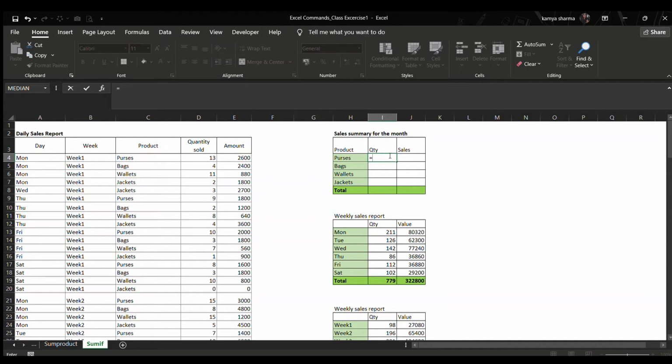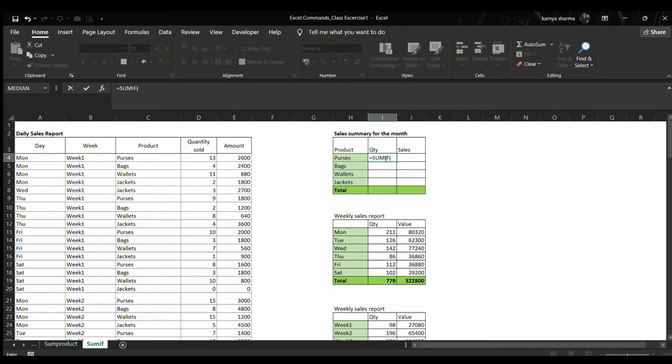So how we'll do it is SUMIF, range. The very first thing we need to give in this function is the range. What range means is that the criteria which we will give further belongs to a certain range in the table. In this case, the criteria for us is purses.